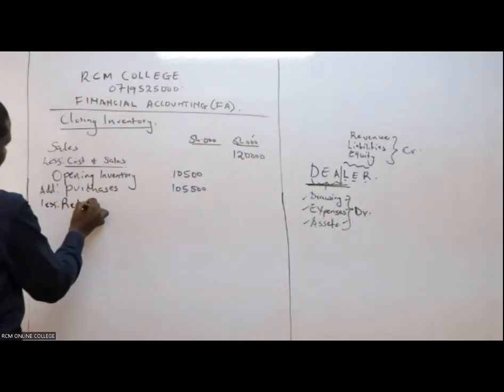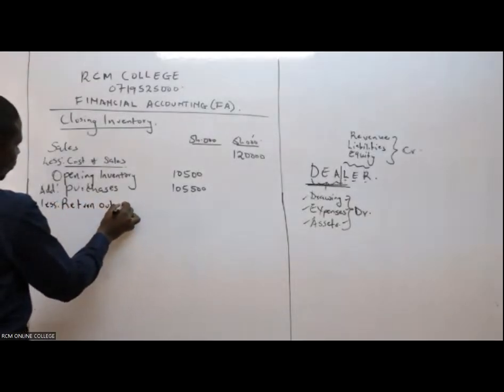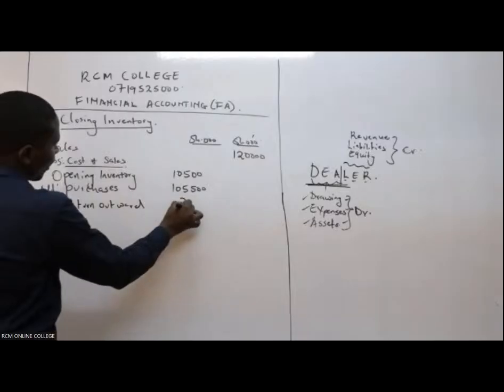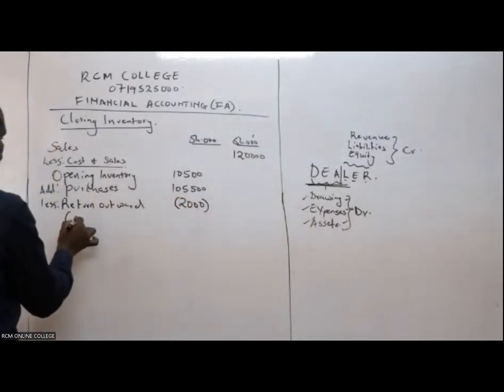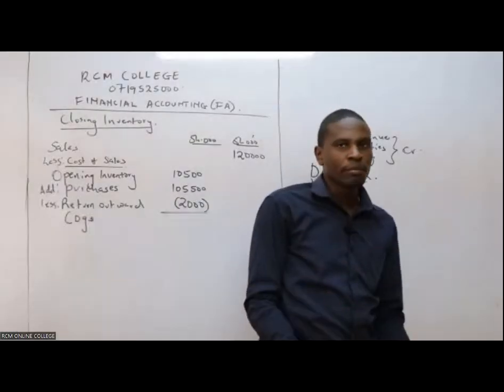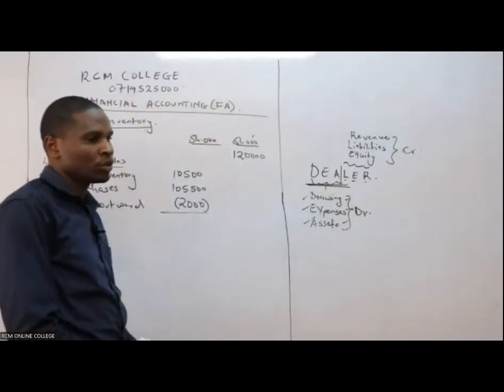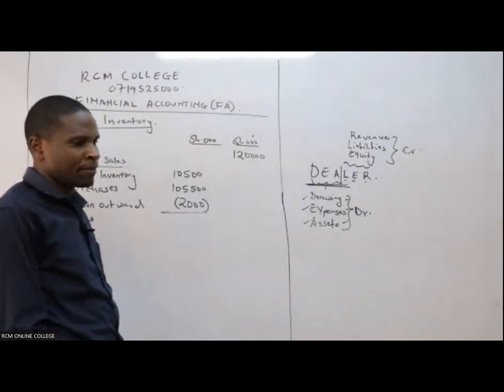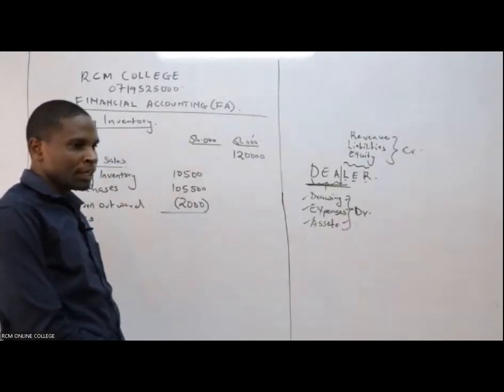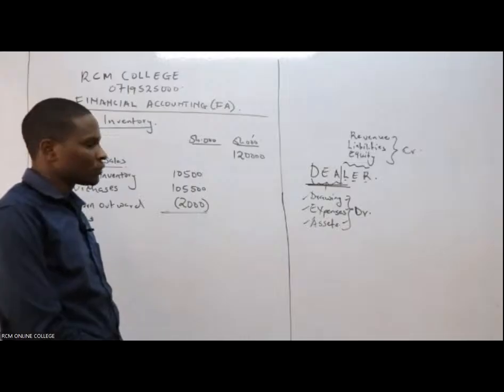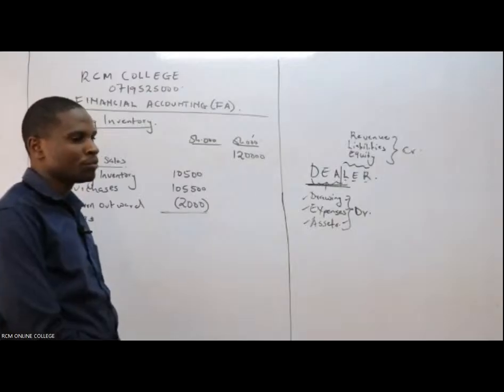So if I less 2,000 here, whatever I'm going to get here is COGS, cost of goods available for sale. I want you to give me the COGS. You can do it very fast so that we are able even to do the balance sheet. It will be very, very nice for me. Now give me the COGS. You just add and then you subtract 2,000.